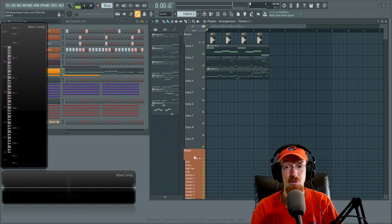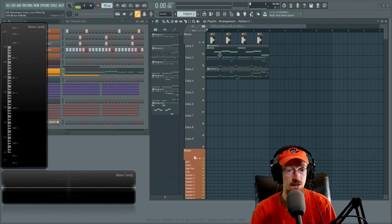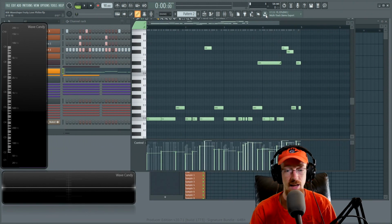Fruity Love Philter has some pretty amazing wave shaping abilities that we're going to be taking a look at. And one of the great applications of that is, for example, an 808 bass line. So here is the 808 bass line in case you were wondering what it looks like. We've got a couple of slide notes and different things going on, but the velocities changing corresponds directly with what